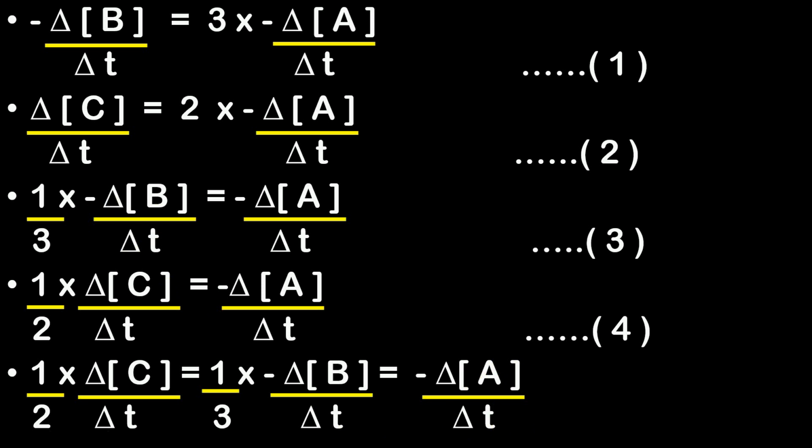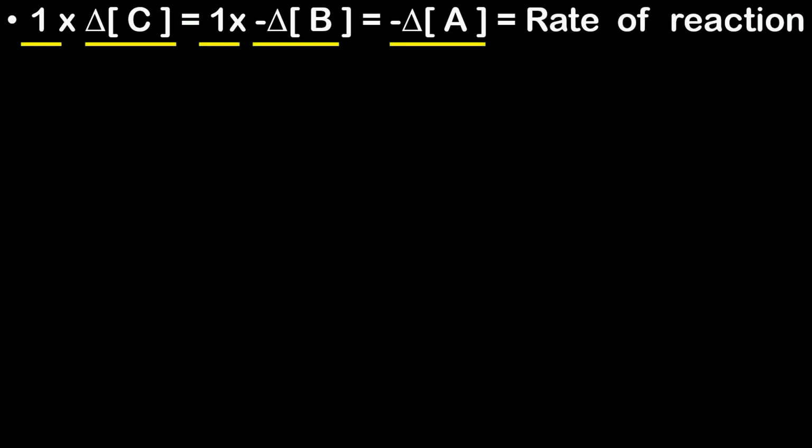Now what is this equation? Why have we found this equation? Guys, this equation that we have got is nothing but the rate of reaction. In order to find the rate of reaction, just like we balance the equation, here we have also balanced the rates of consumption and formation. Am I right? We all know that for a chemical reaction, we balance the reaction first with the stoichiometric coefficients, and similarly we have balanced the rate of consumption and rate of formation, and from that you have got the rate of reaction. Am I right?